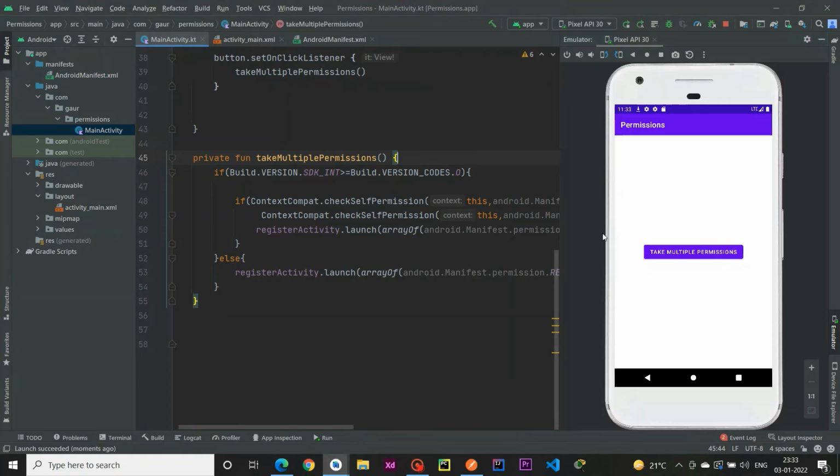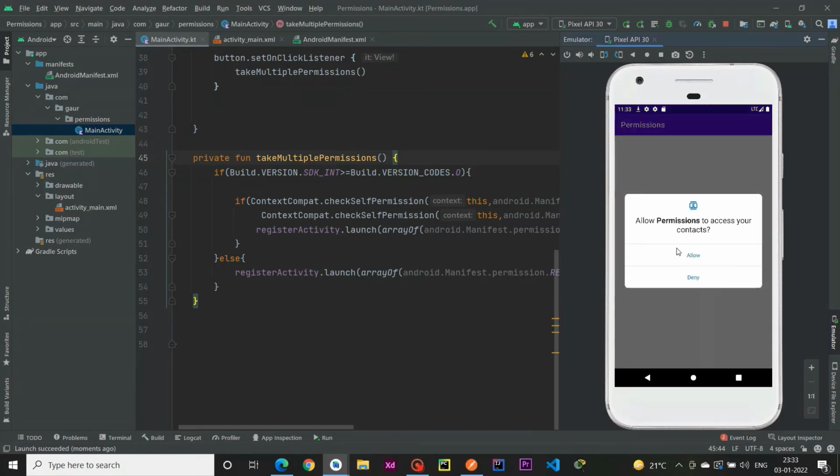This emulator device is Android 10, and when I click take multiple permission, you can see it will pop up the dialog allowing permissions to access your contacts. I give the permission, and then it will ask for read external storage.